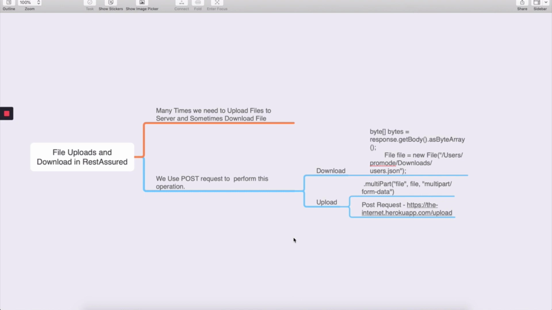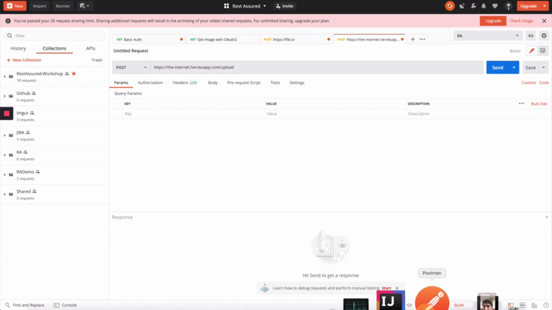For example, if you are submitting form data, then you have to mention multipart/form-data, right? And if you are dealing with plain text or HTML, you need to send the appropriate content type. And similarly, if you want to download a file directly, you can get the response in Rest Assured and convert it by using response.getBody as a byte array and save it to your file, right? So let me show you practically how we are going to do the same thing.